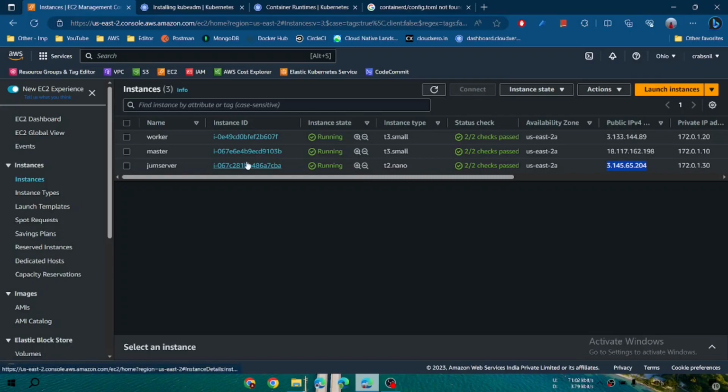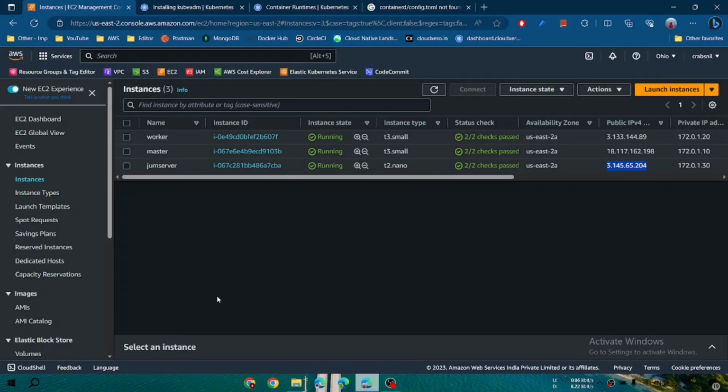So in this video, we will set up the cluster with these two machines, worker and master. And as you know, we are accessing this jump server only from our local terminal, and from this machine we are accessing these two machines one by one. I have started all these machines, that's why each one of them got a public IP. Okay. So in this video, we will see how you can install Kubeadm and the Kubernetes related components like Kubectl, Kubelet, and some container runtime interface and set up a cluster. Okay, so